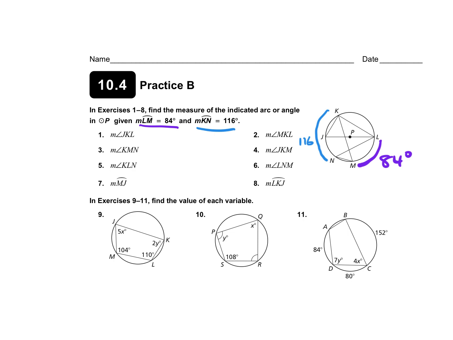So JKL is right here. Notice this is an inscribed triangle, so that tells me that JKL is 90 degrees, because the side of that angle is the diameter. And then if I want KMN,